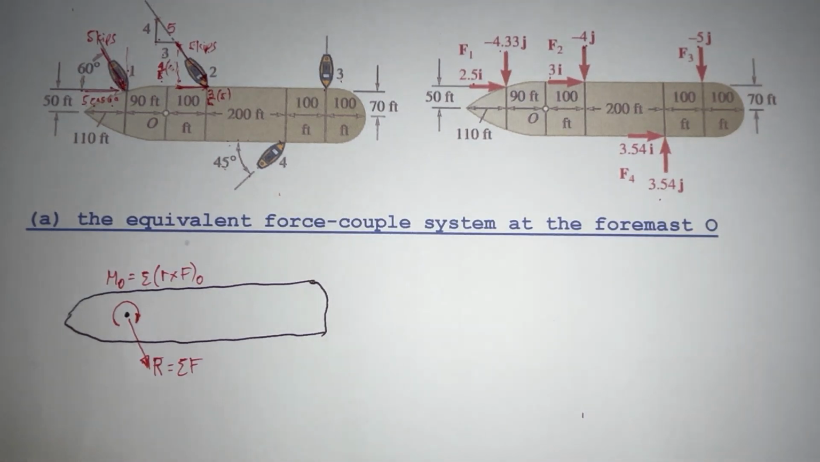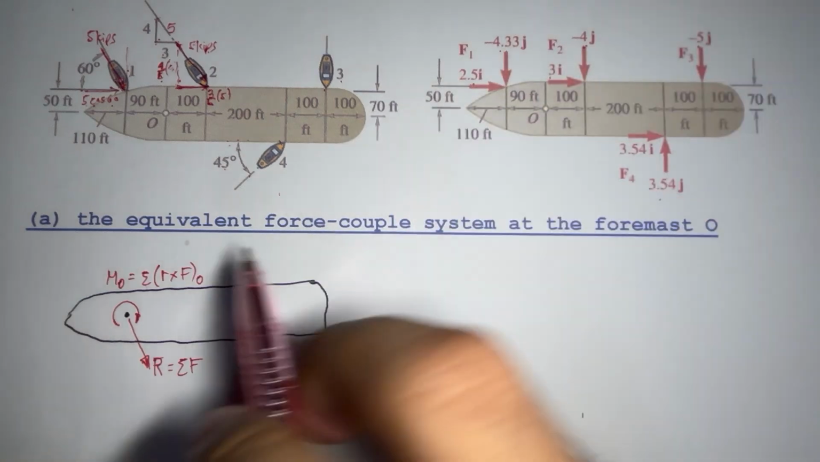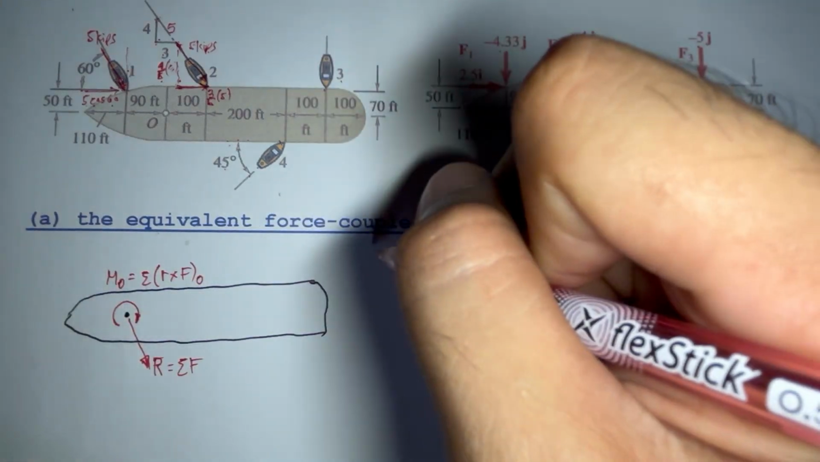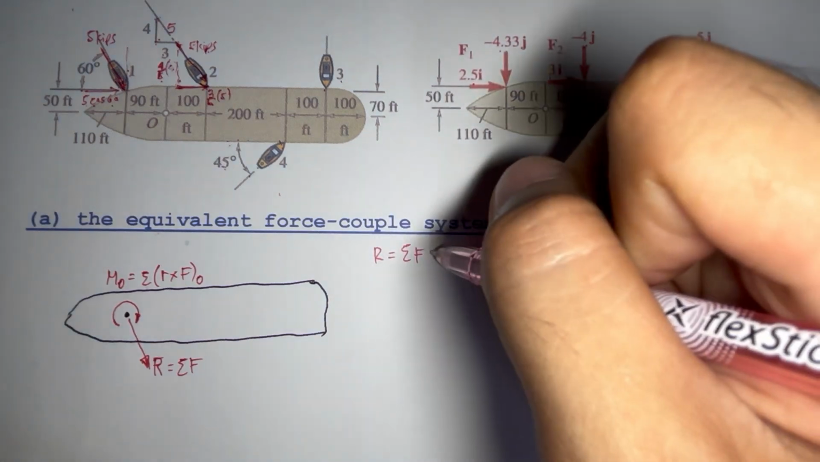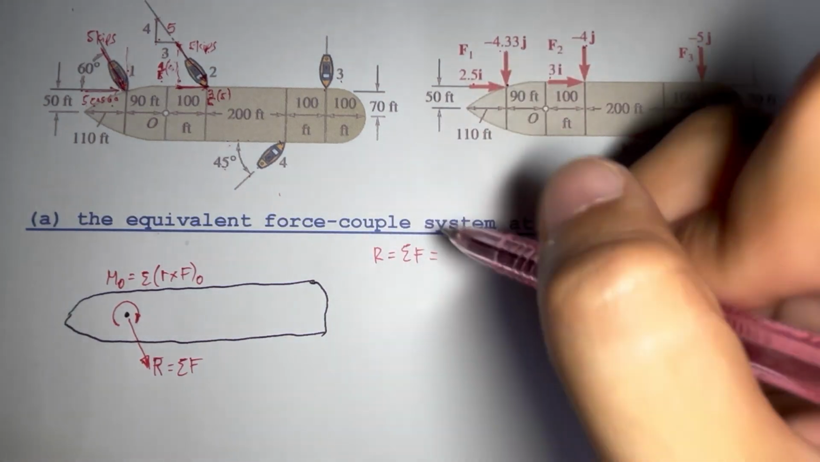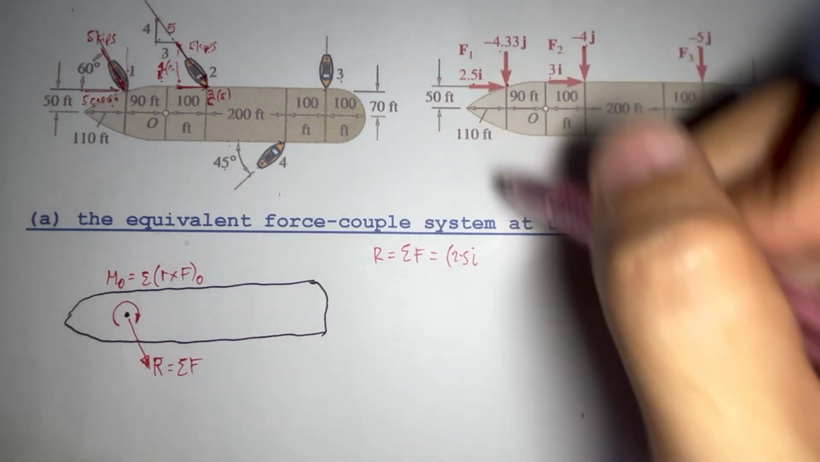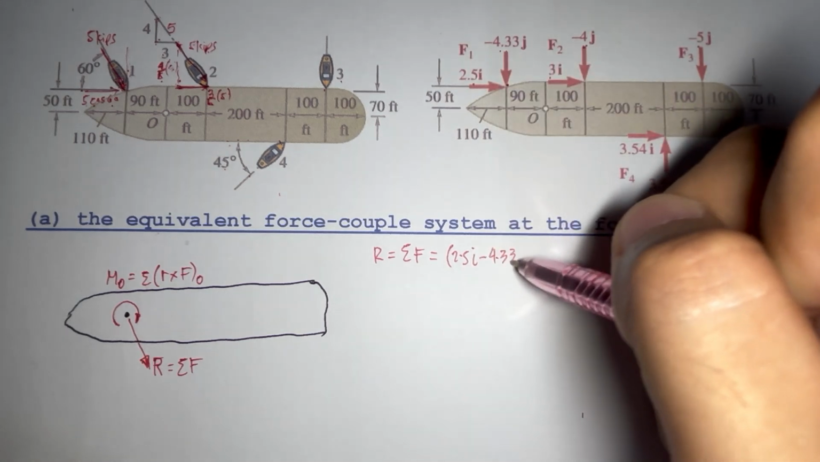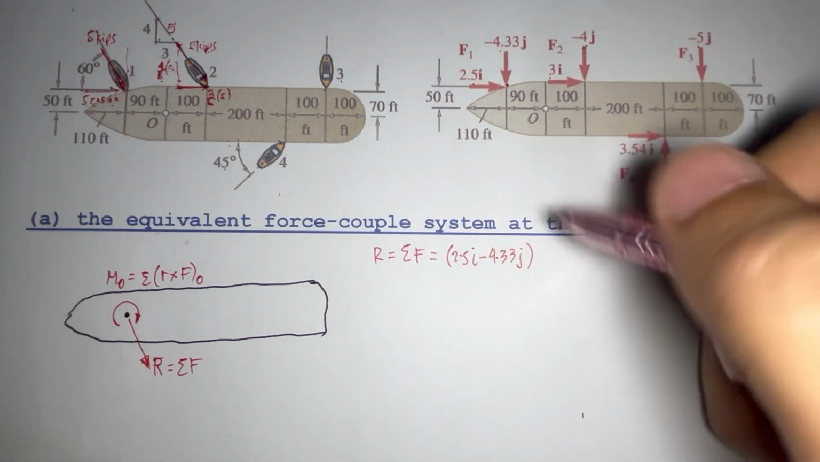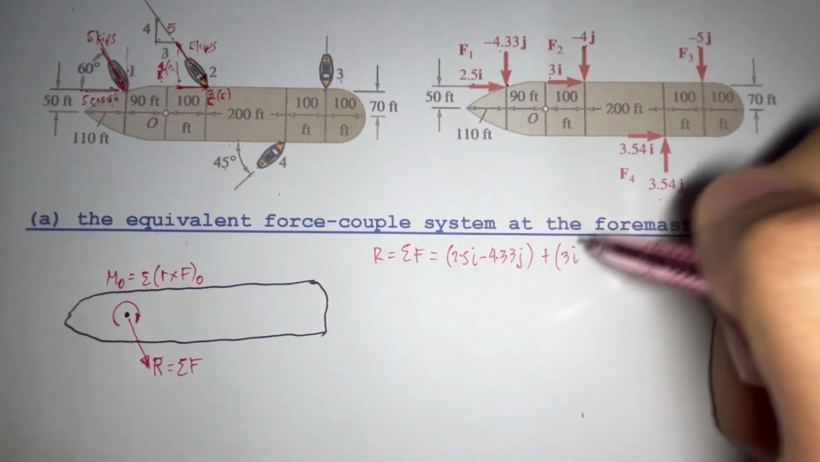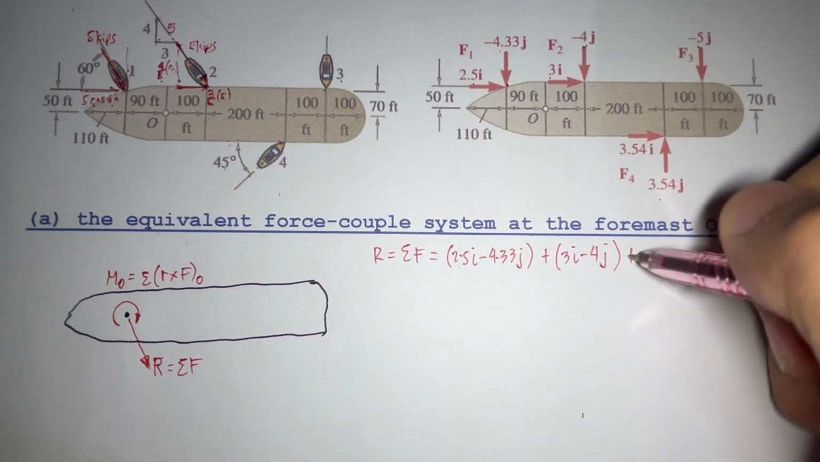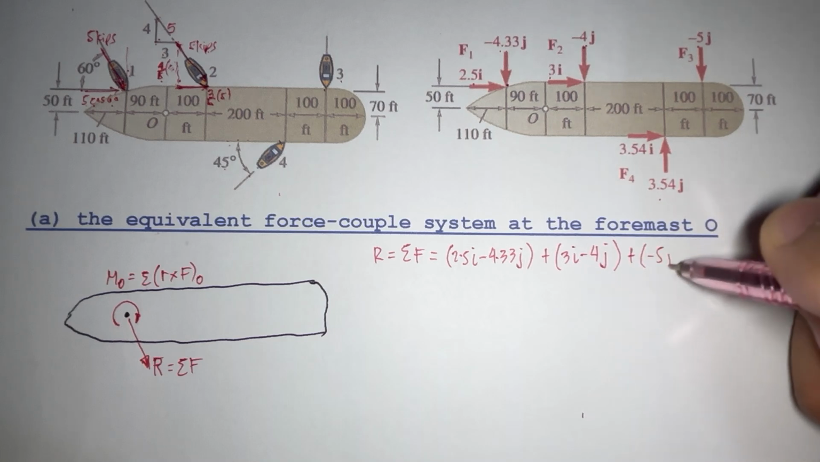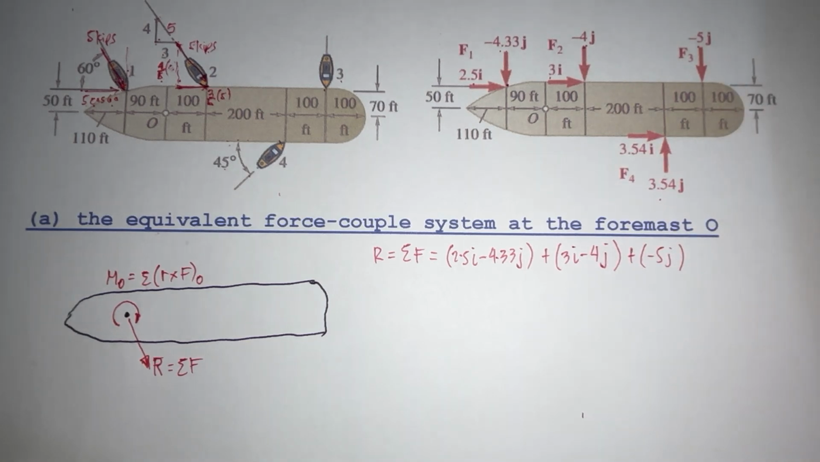So for our equivalent force couple, to get the force, we need to add all the forces. So what are those forces? We have force 1, which is 2.5I minus 4.33J. For our second force, we have 3I minus 4J. Our third force, we have negative 5J. And lastly, for our fourth force, we have